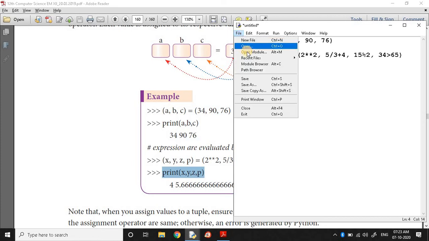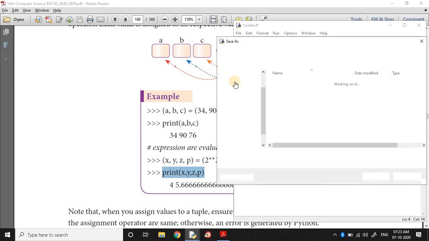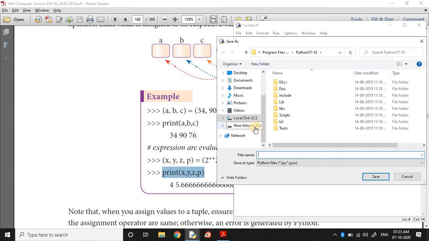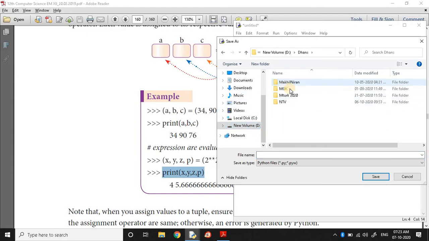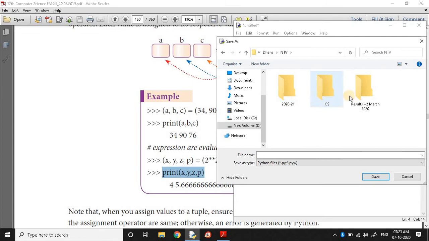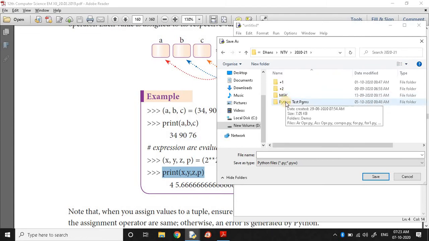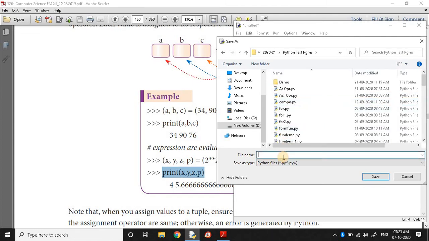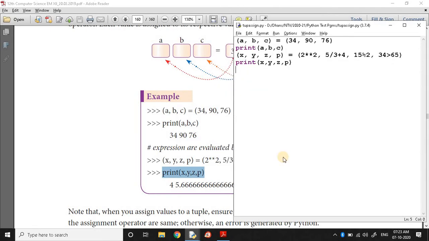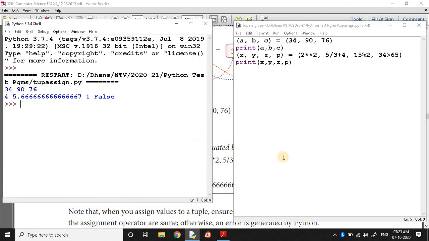So save this. Tuple assignment. Run this. What will happen?